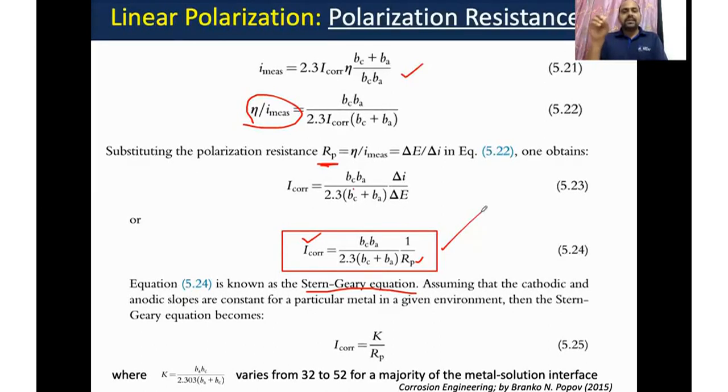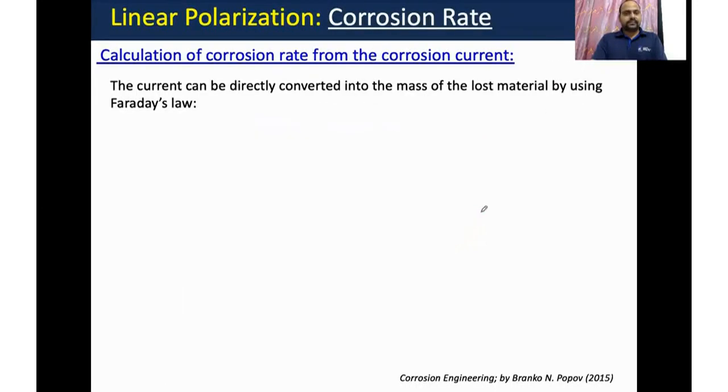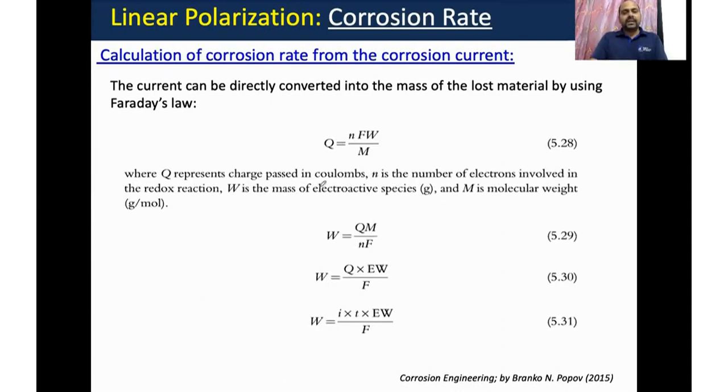If you know the value of the corrosion current, if you know how long this corrosion current is there, if you know the EW, and if you know the Faraday constant value, we can easily calculate the mass which is basically transferring within this particular time interval. So let's say we divide by the density of the electrode material and the geometric surface area. In the same equation, W, we are dividing by D and A, because it becomes per unit area or per unit density, just to make the units.